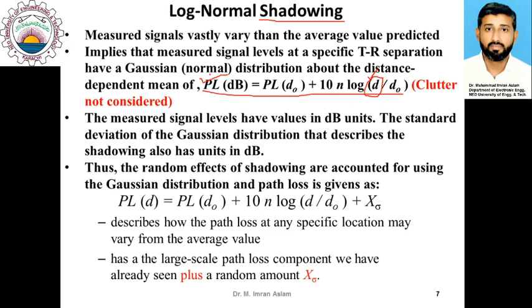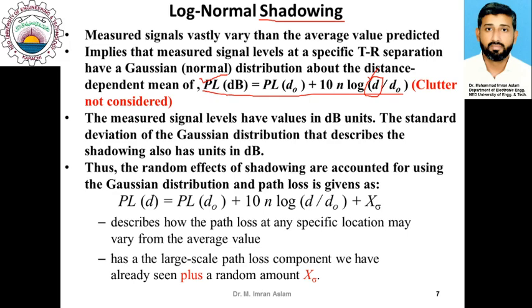So this path loss does not truly represent the exact value of the received power, because there is some sort of randomness in the received power. That randomness is caused because of cluttering, because at different regions there are different cluttering effects, different types of buildings and vehicles around, and that difference in effect causes differences in the